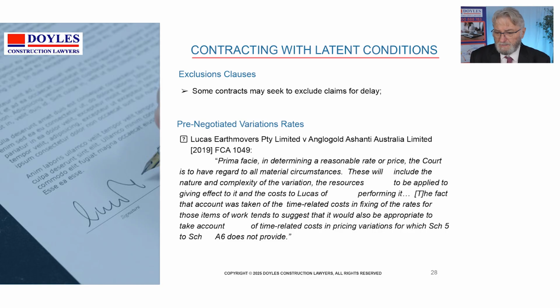Exclusion clauses generally are interpreted tightly by the court. That is, if someone puts forward an exclusion clause or is otherwise going to benefit from one, the courts will say we must interpret it very carefully. So if it says that all variation claims will be barred after 7 days, that might not bar a claim for extra work. The courts might say, well, a variation claim has got to be varied under the contract